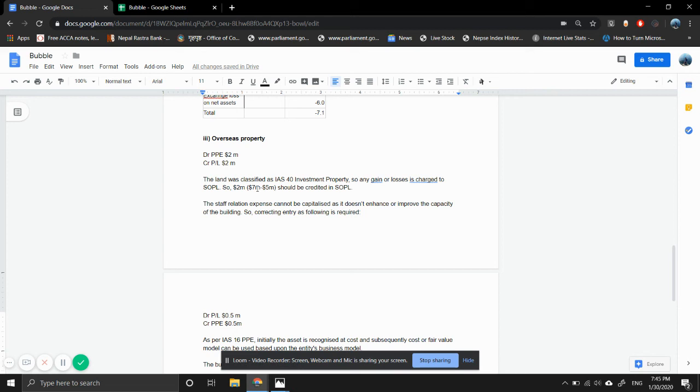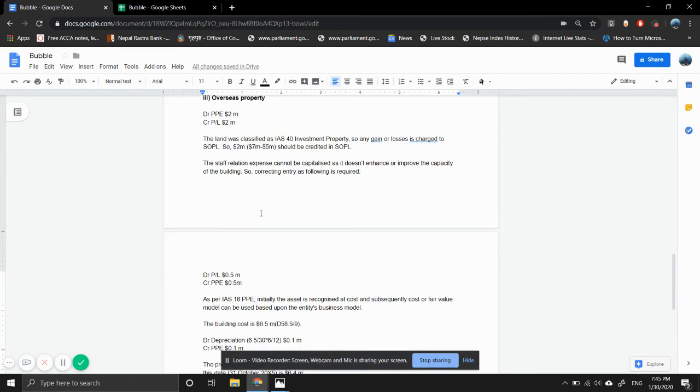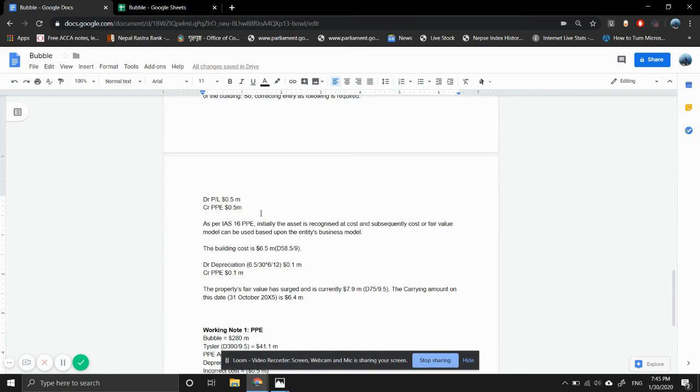So 7 million was only paid, right? So we gave them 7 million. That means our cost was 7 million, not 6.5 but 7 million. So the building's cost is 7 million,